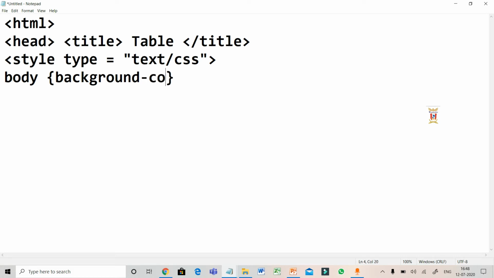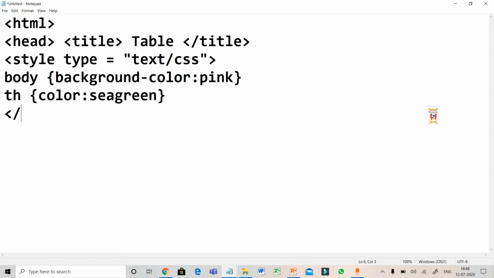Here it's your wish, you can give a color or you can provide an image. You know the code for both. Then the color for the table headings. As I have told you, the th tag represents the column headings, so the color for the column heading will be sea green. You can change the color according to your wish. Now I'm closing my style tag. I'm applying only this much CSS.